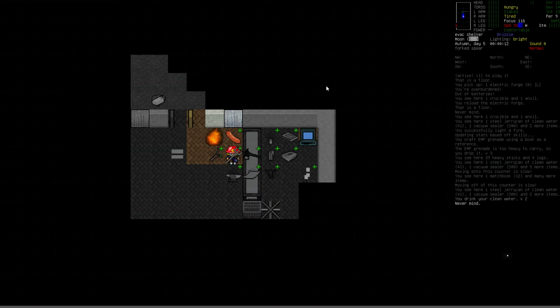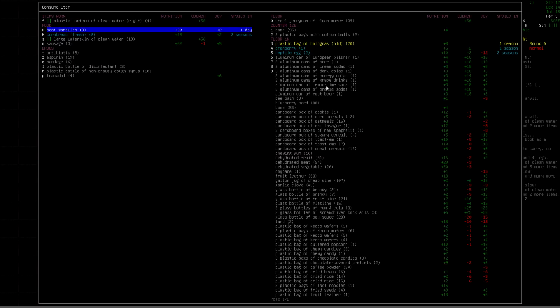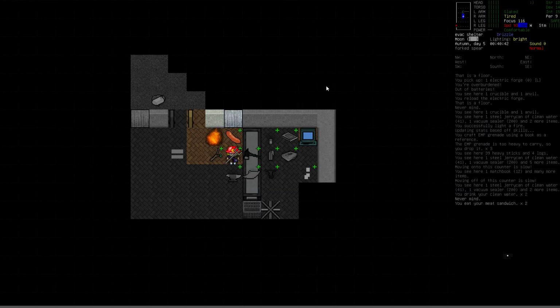And our bologna's going old, so we want to get rid of that. Let's go ahead, I think I've actually got some cooked up. So yeah, I've got meat sandwich. I want to eat that bologna before it rots away completely. Alright, so